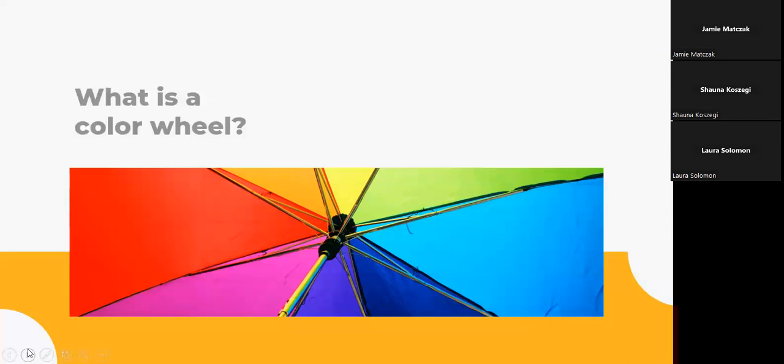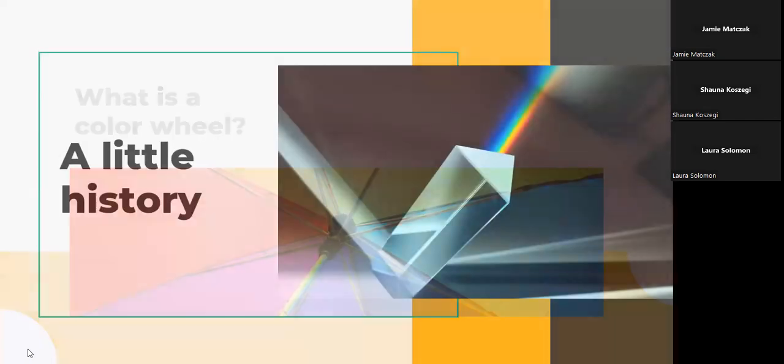It's simple to just sit here and say, okay, there's blue, red, yellow, and so forth. But when we're talking about promotions, what we really are interested in is how those colors interact with each other and how you can make good or bad combinations out of them.